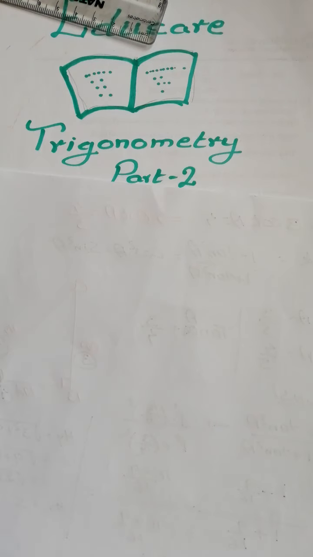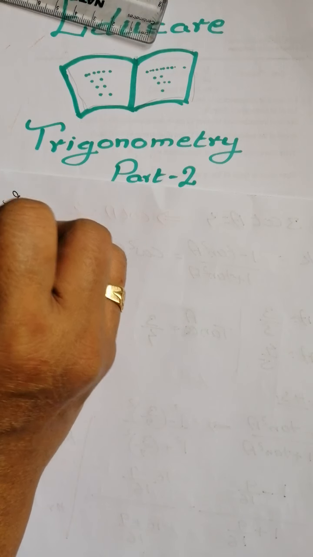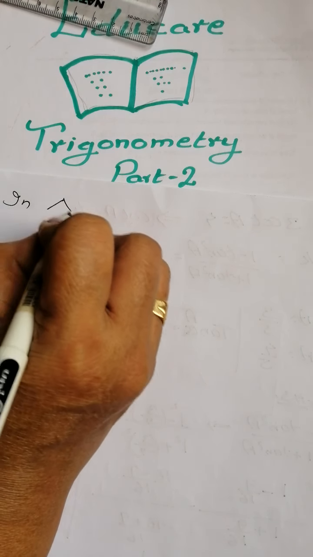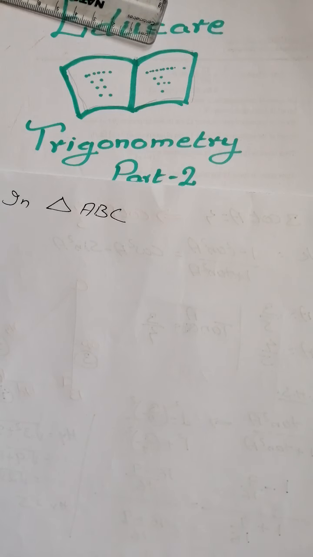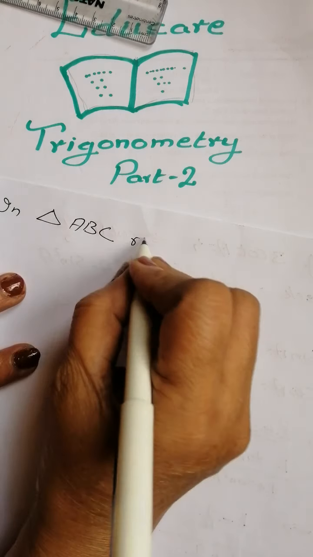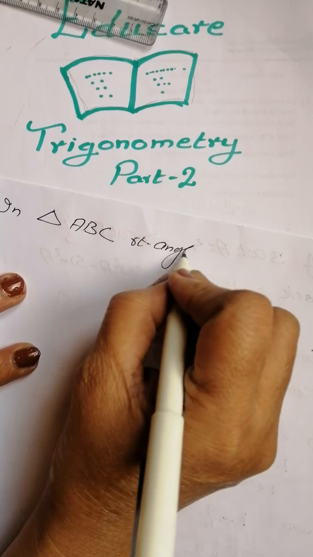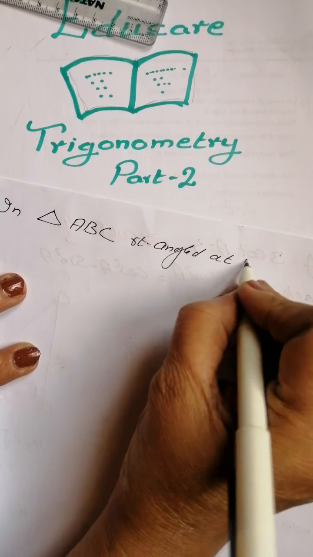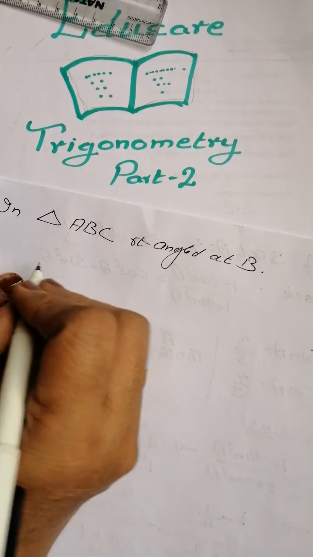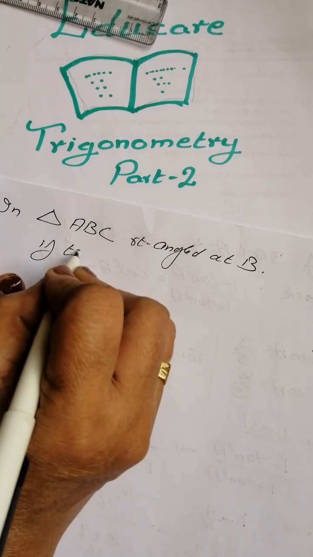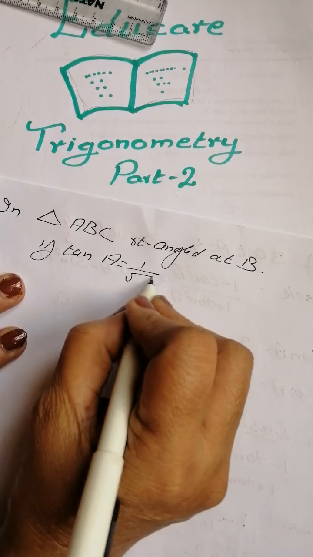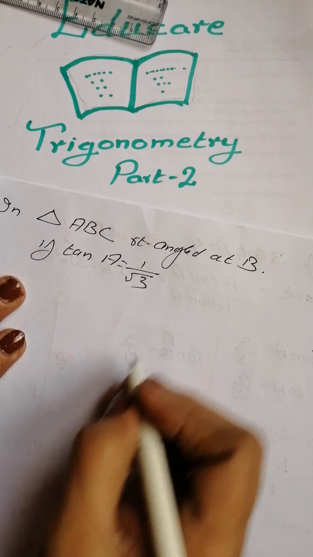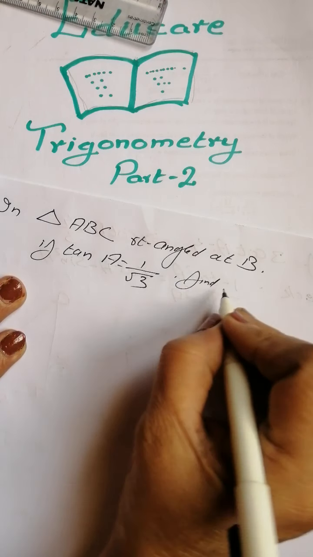In triangle ABC, write with me. In triangle ABC, right angled at B. Right angled at B. If tan A equals 1 by root 3, find the value of